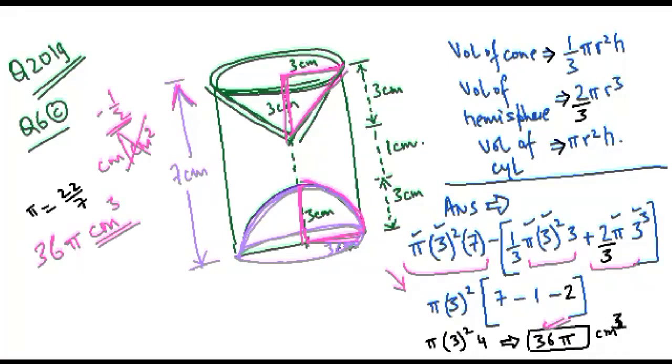No, sir. And of course, as per the requirement, if they have given pi to be 22 by 7, in the previous question they had given pi to be 3.1. Now, as per the value that they have given, you can find the answer to the nearest decimal, whatever the requirement is. Any doubt, Mr. Rudra? No, sir.